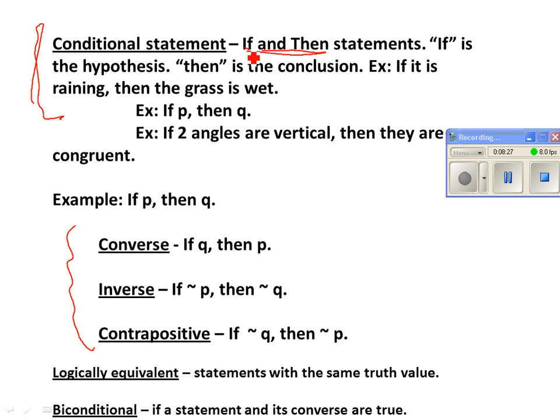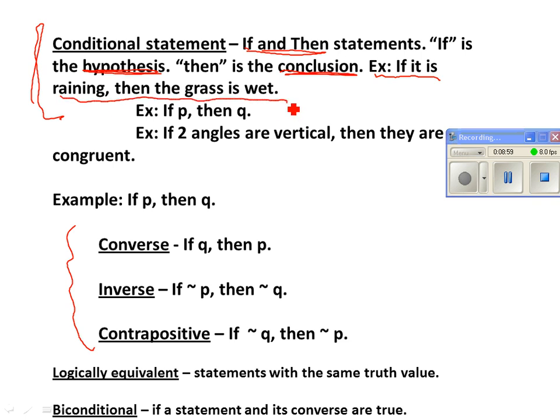if and then statement. And the reason it's called that is because you're going to see those two words every time you have a conditional statement. If something, something, something, then something, something, something. All right? The if part is called the hypothesis. The then part is the conclusion. So if I'm looking at this right here, which got messed up on me when I put it on this slideshow, if I'm looking at this statement,